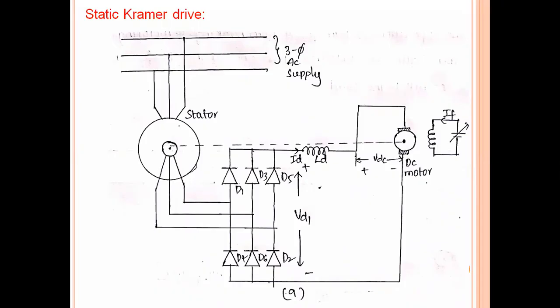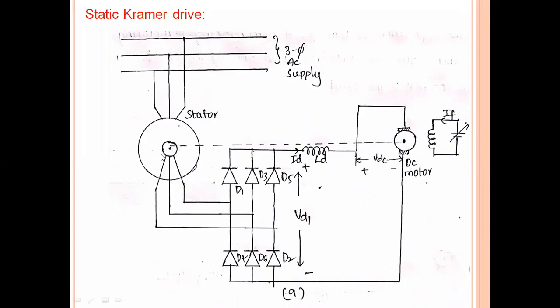And not only that, because of the wastage of slip power on the slip rings, the speed of the motor will also get reduced. So we are using that slip power and converting it into DC, like we have done in the static Scherbius drive. So the DC is given to the DC motor. With the help of this DC power, I am running a DC motor. Of course, this DC motor speed is very low, and it is coupled to this induction motor.